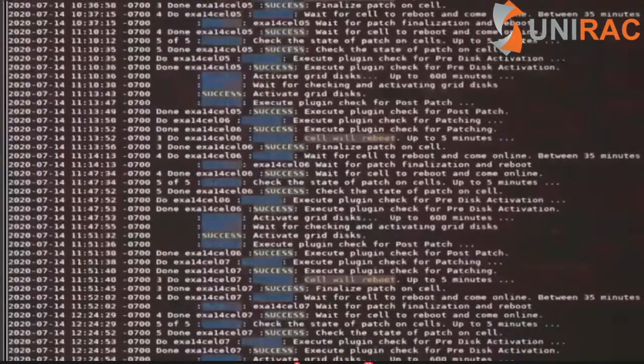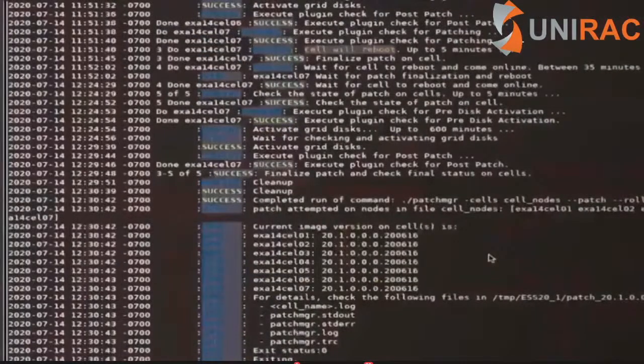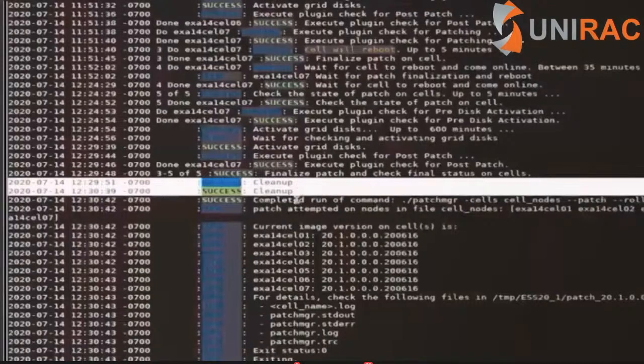So over here, we see that cell 07 patching has been completed. It's waiting for its grid disks to be activated and the data to be resynced on the grid disks on cell 07. So this should take a couple more minutes to complete. On completion of cell 07, our entire patching of the storage cell servers would be completed. So here, at this point, we have all 7 storage servers whose patching has been completed, and the cleanup has also been done successfully. We see that the entire patching event was a success